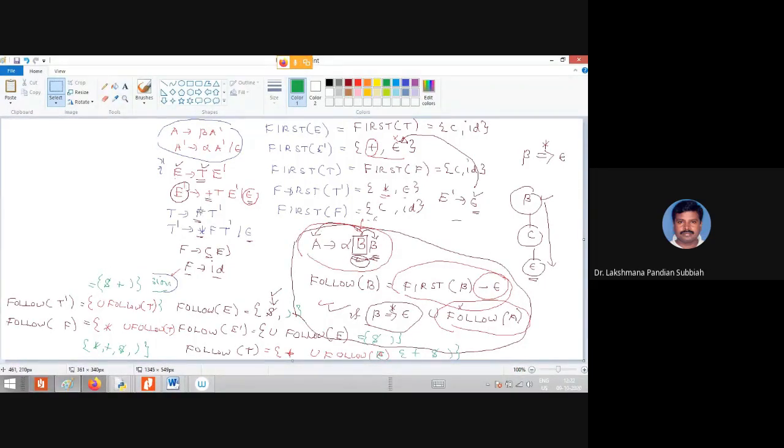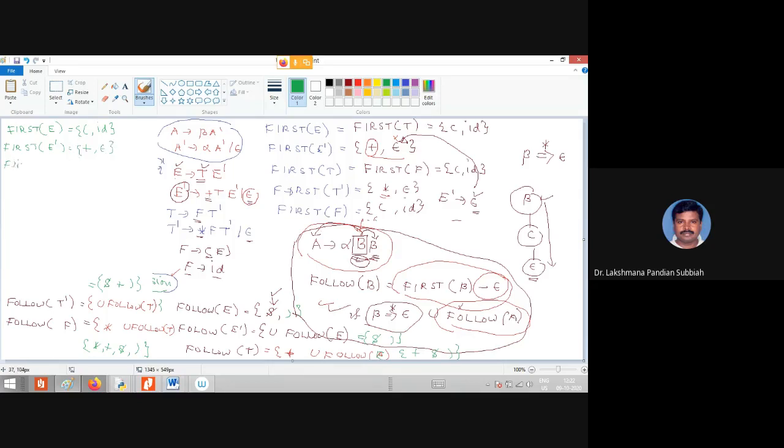Here what you are getting now is first of E, first of T, first of F. Here you see: first of E equal to open bracket and ID. First of T equal to open bracket and ID. First of E' equal to plus, empty.